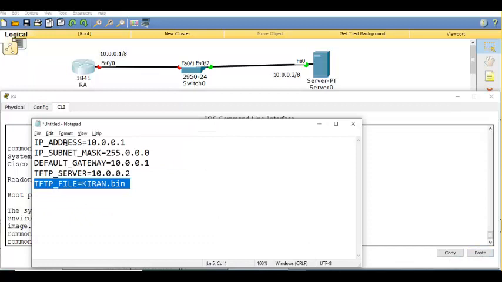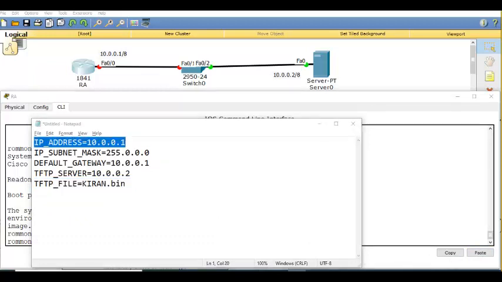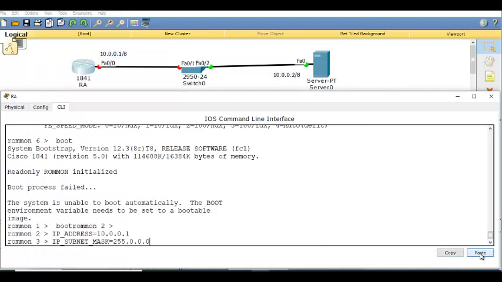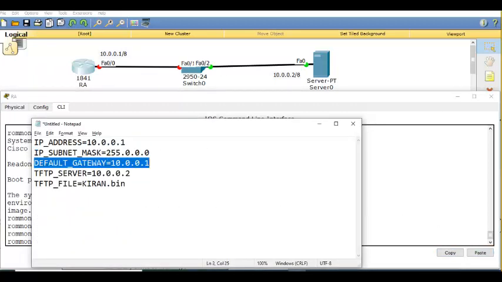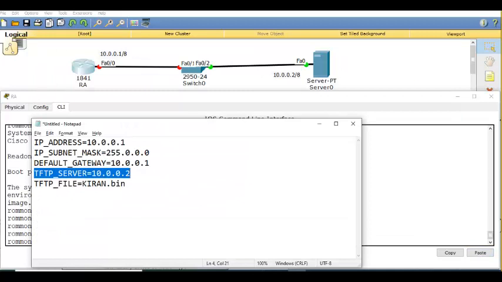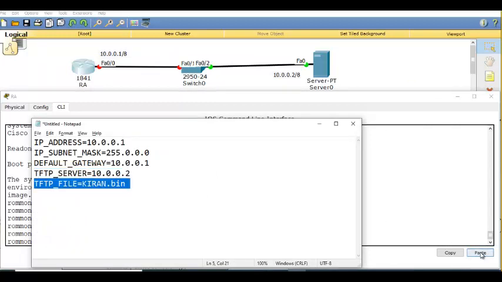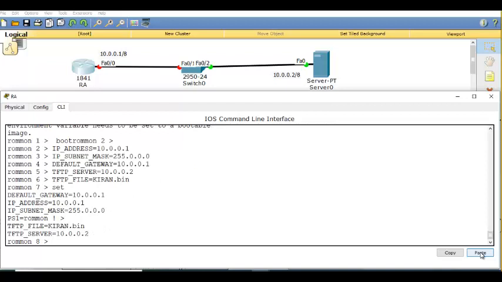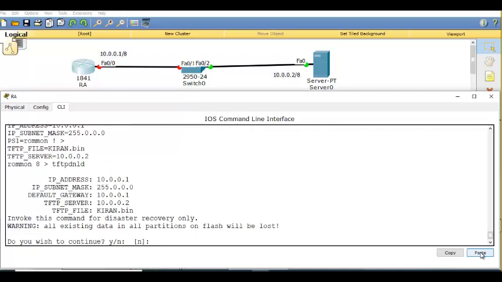Let me try pasting one more time. Okay. So this is the command.